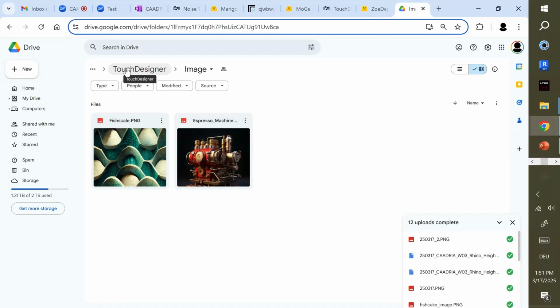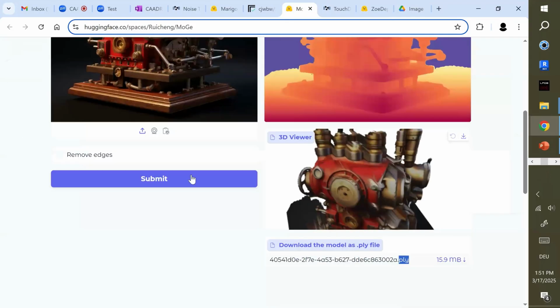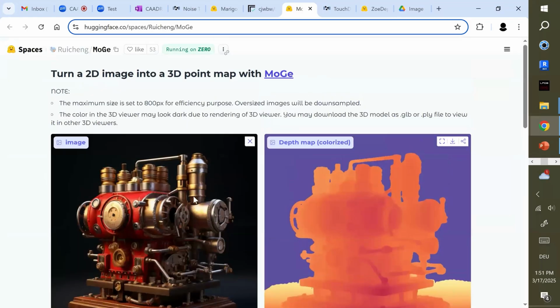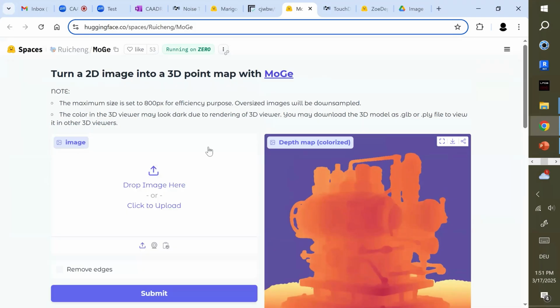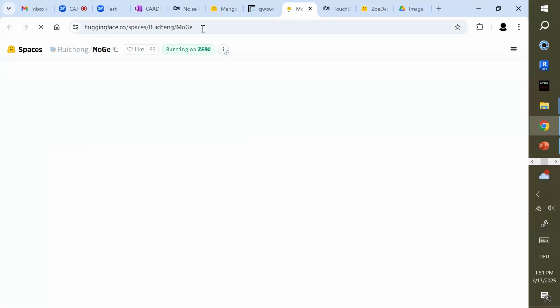And for the TouchDesigner session, we're gonna use MoGe. MoGe is a monocular geometry estimation model by Microsoft Research. We can just place some image here.